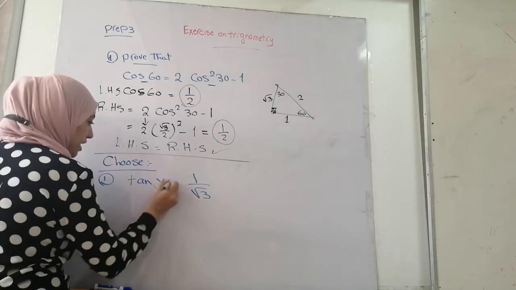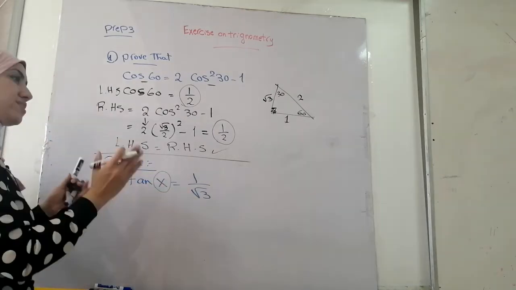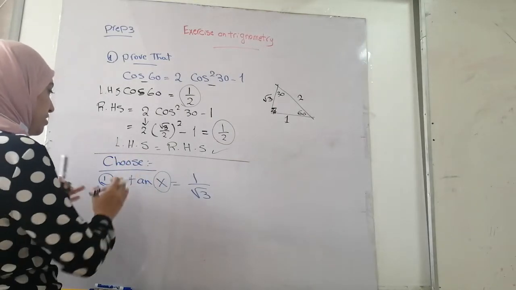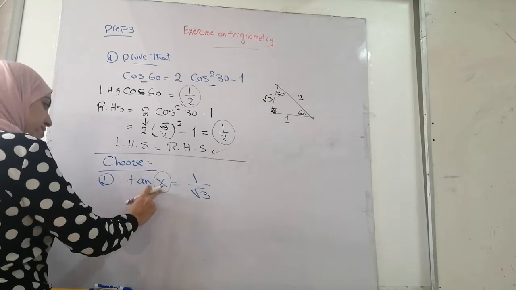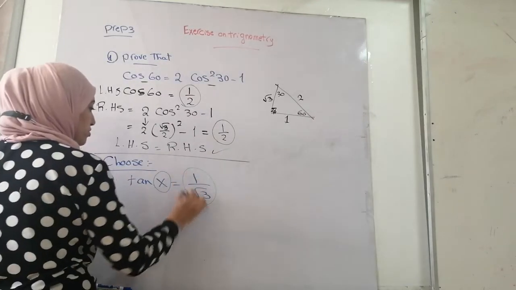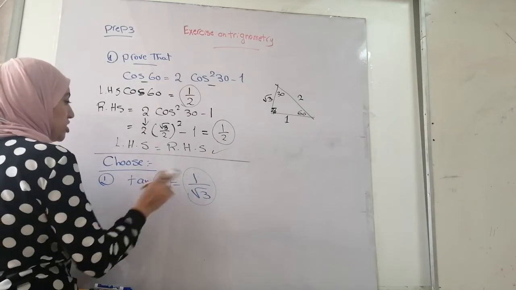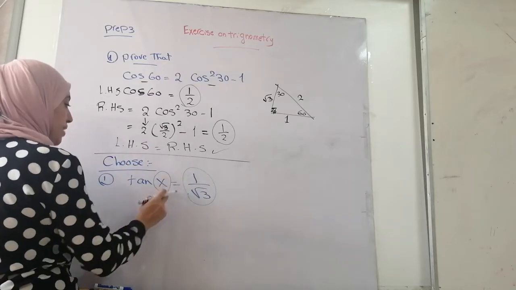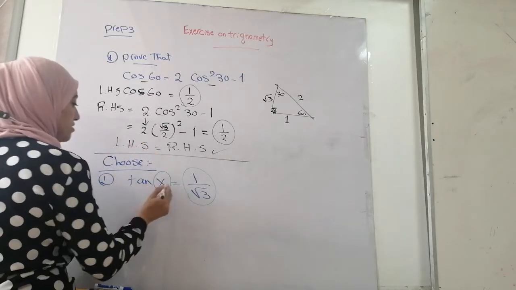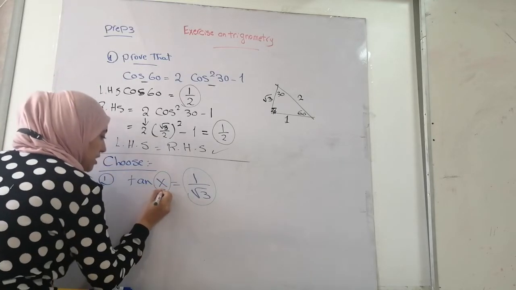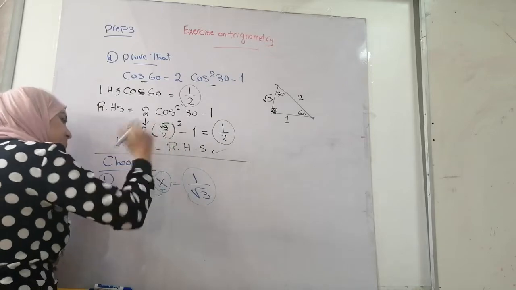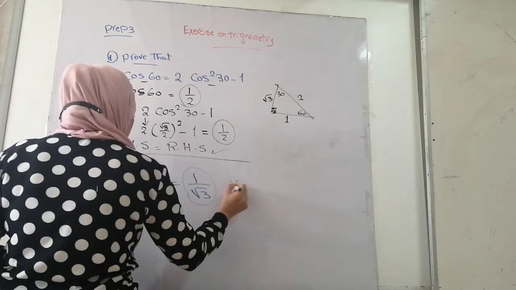The angle x is inside the tan, and the answer of tan is 1 over root 3. What shall I do? I press shift tan of the answer. So x equals